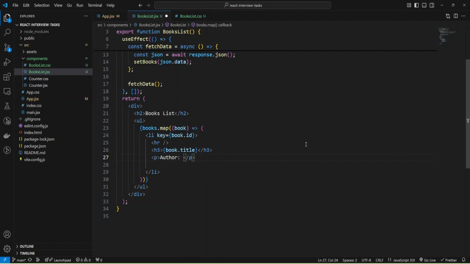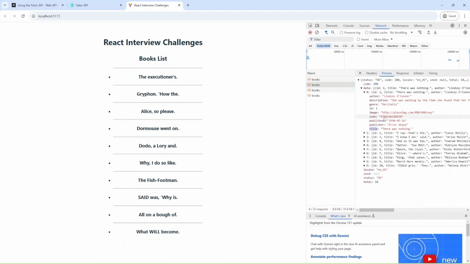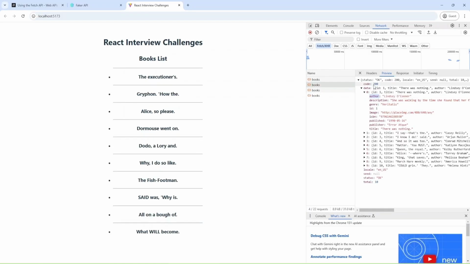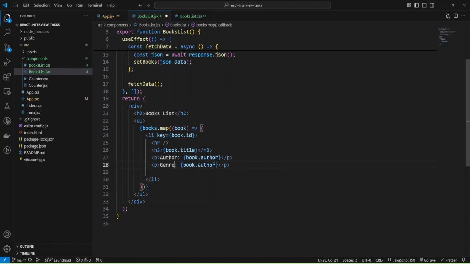Okay, and let's check what I have inside data, and for author I'm going to use this field author, and I'm going to provide also genre, and let's check what I have, and I'm just going to copy paste.